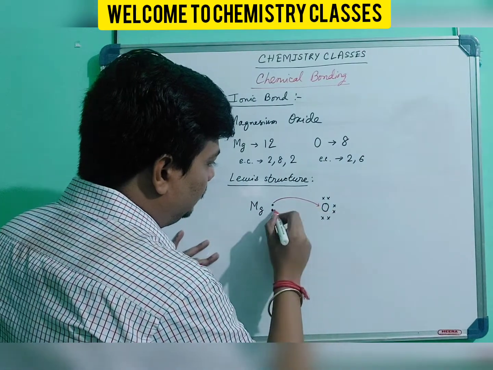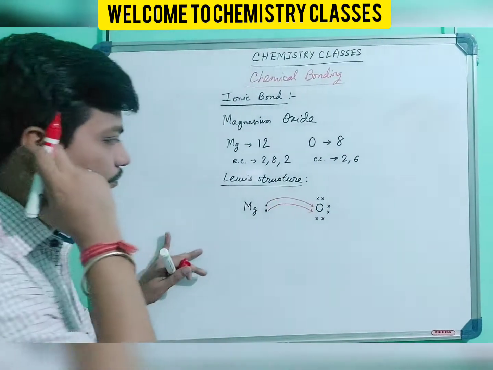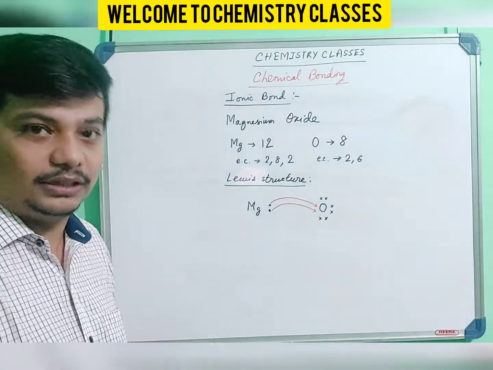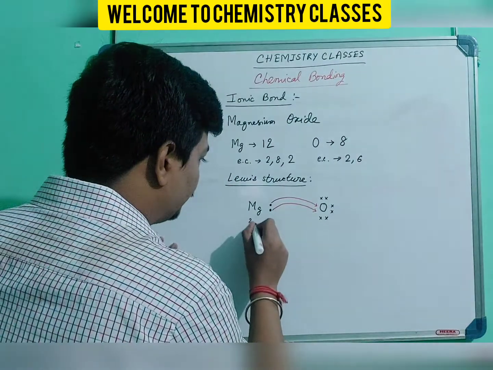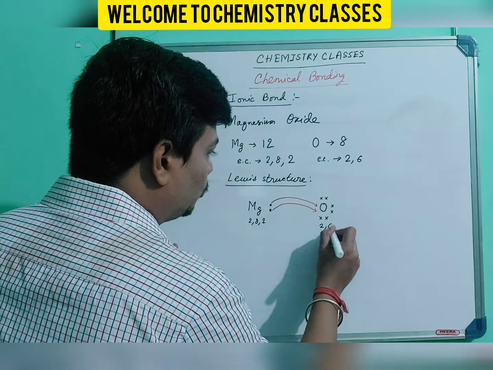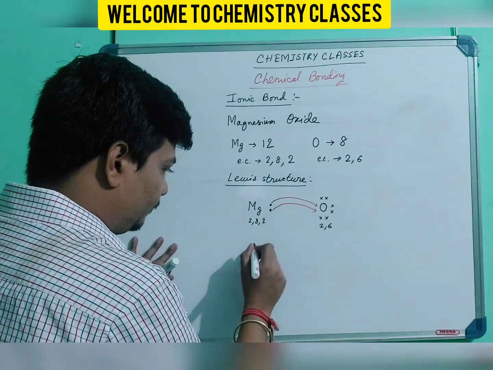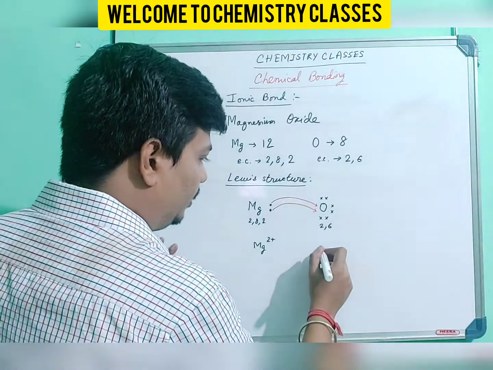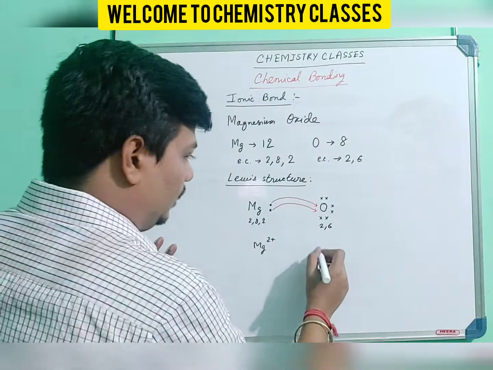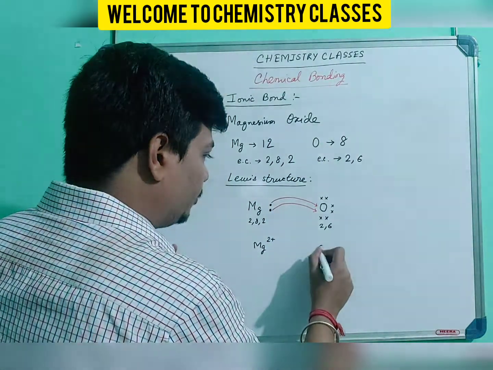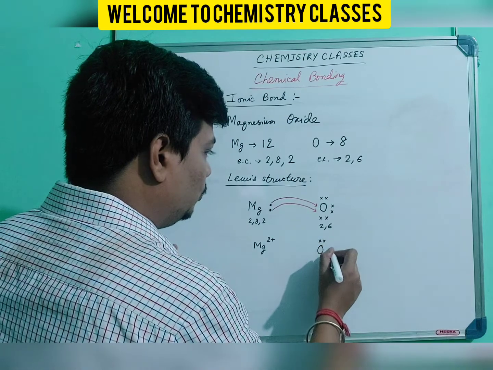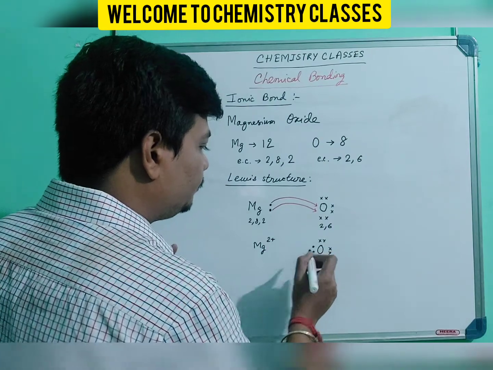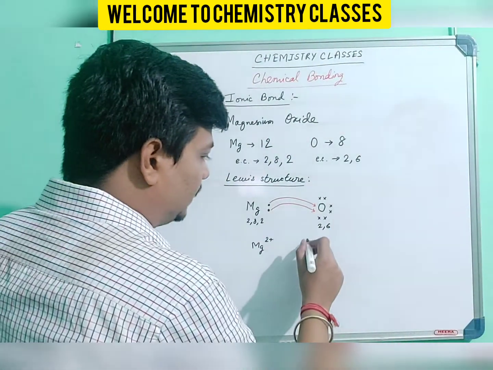This comes here, this comes here. Again, here also, both the diagrams you will have to draw. That is before and after the transfer of electrons. So previously this was 2, 8, 2 and this was 2, 6. So now it becomes magnesium 2 plus over here, because there are no further electrons in the outermost shell. While for oxygen it becomes 1, 2, 3, 4, 5, 6. And the 2 electrons it has got from magnesium. So this becomes